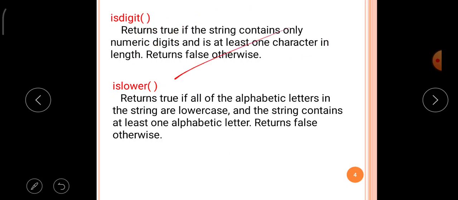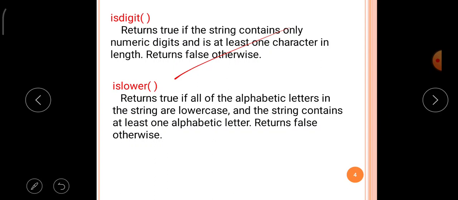Next is islower. The islower function receives a string and tests whether all the characters are lowercase letters, that means small a, b, c, d.